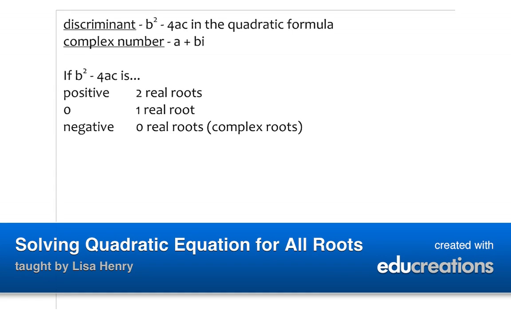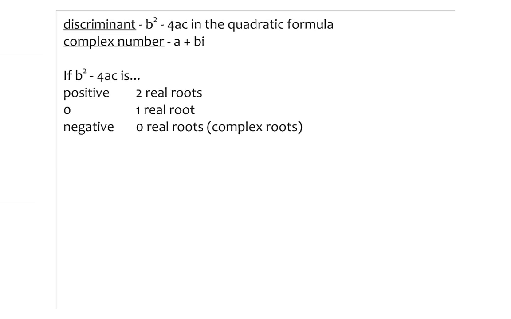This is the screencast for Learning Target 35, which is to find the roots, all roots, of a quadratic equation. That means we could have roots that are not going to be real. And in this case, when we have a non-real number, we are taking the square root of a negative number. What we are going to really look at is something called the discriminant, which is the b squared minus 4ac